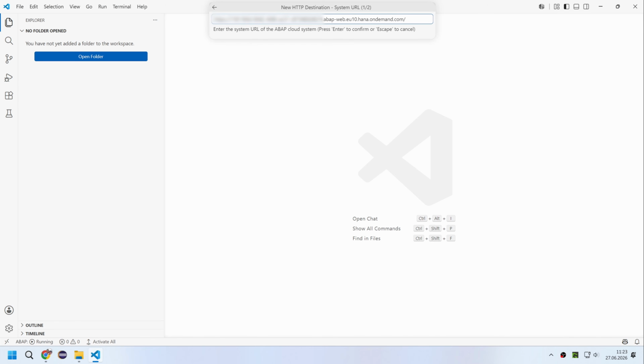The first step in the configuration requires providing the system URL. You can find this relatively easily. Simply log on to the Fiori Launchpad once, copy the URL and paste it here. Finally, we give the system a name. Here we can use the system ID, for example, or we can specify a descriptive name that we will see again later. With that, we have completed the basic configuration of the destination and can now extend the workspace in